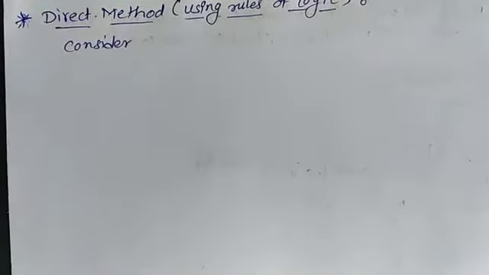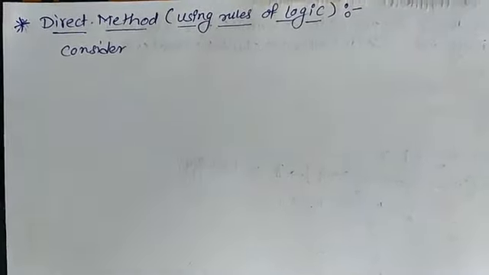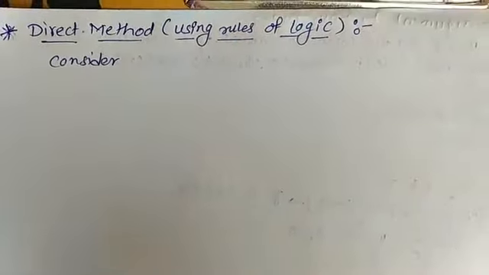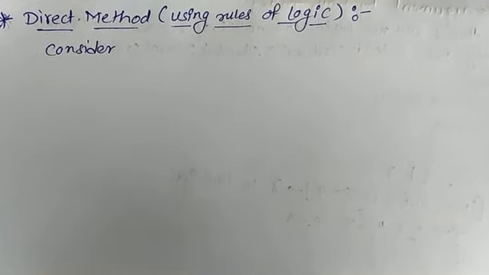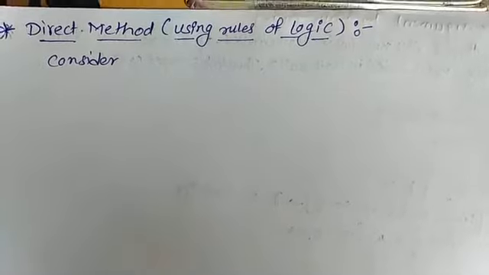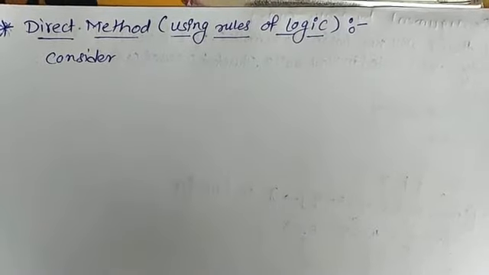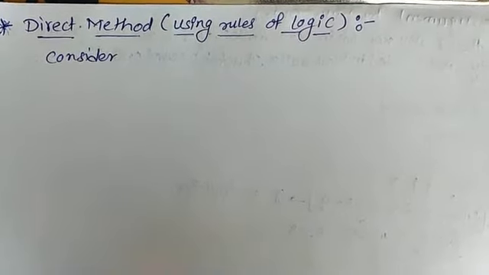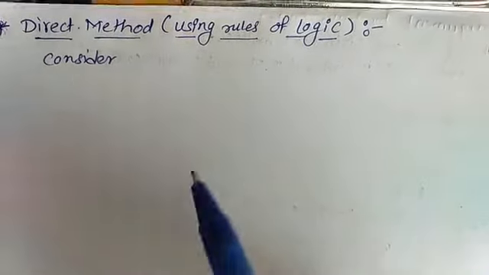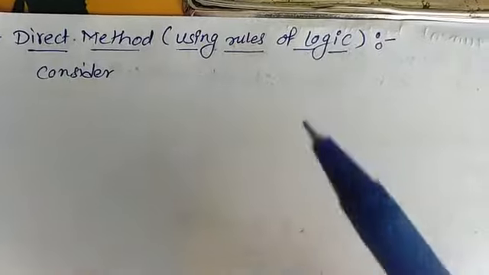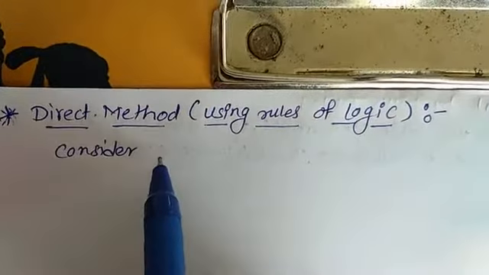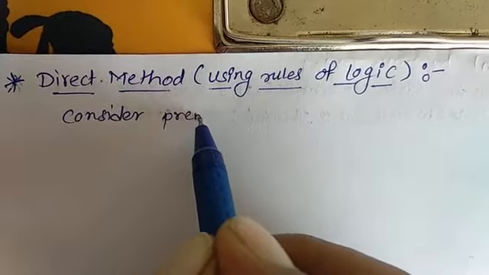Hi everybody. In the last lecture we studied the validity of an argument by using a truth table. In today's lecture we are going to study the validity of an argument using the direct method, that means using rules of logic. So in that we have to first consider the premises,